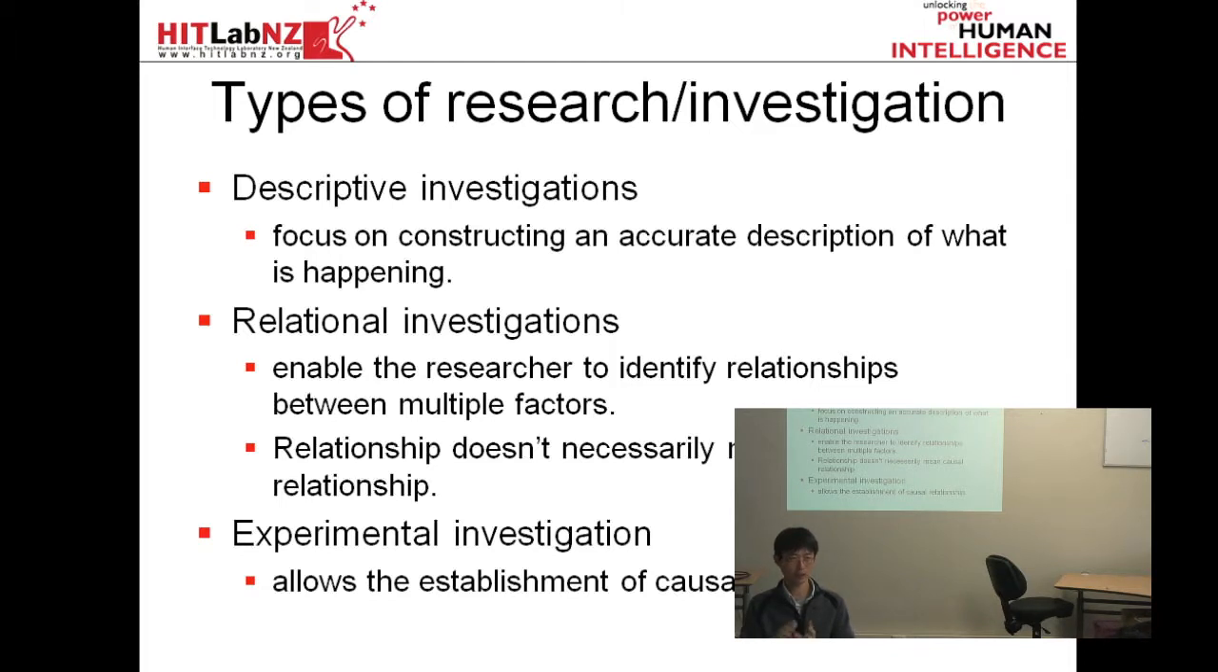So it doesn't care what type of instruction you're giving. But the main thing is that descriptive investigation is about just plainly describing what's happening. So it's a generic task. And relational investigation is not only talking about what is happening, but